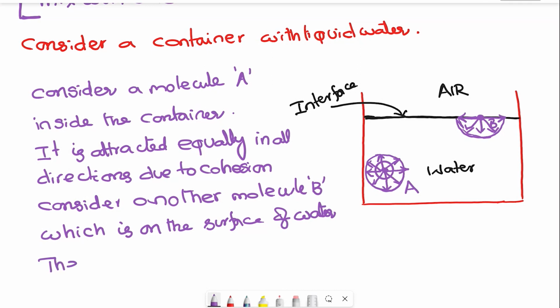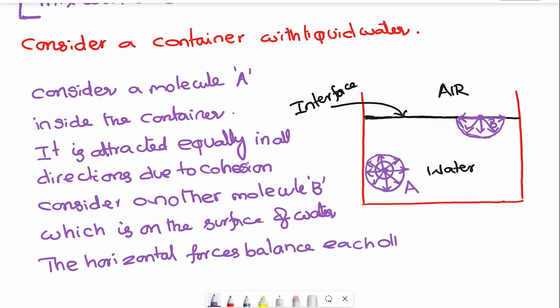The horizontal forces balance each other. Am I right? Because on both sides it is there. On this side also water molecule, on this side also water molecule. So naturally it is attracted equally in both the directions. Right. But coming to vertical forces,